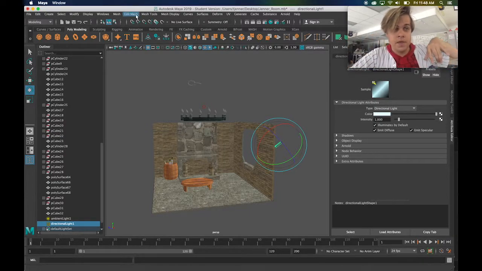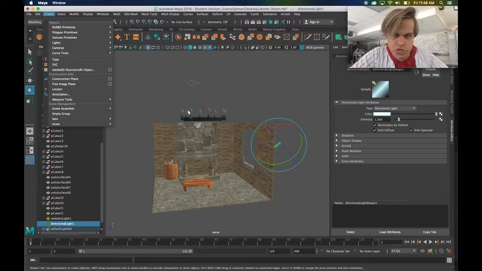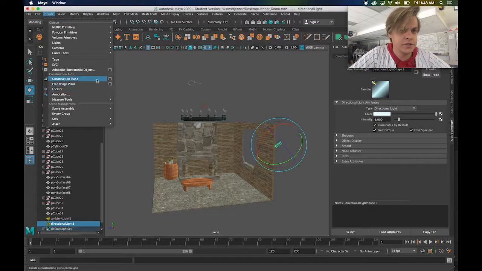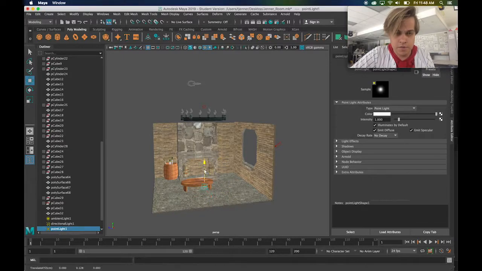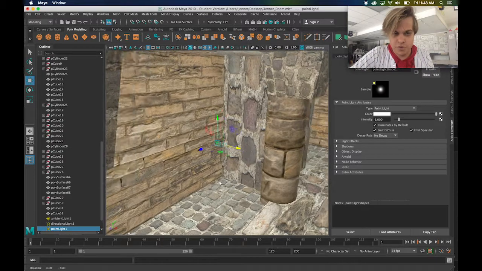If I go to Create, Point Light, a point light is like a light bulb where it just exists on one point. So in my scene right now, I could do the chandelier. That might take a little while. So for the tutorial, I'll say maybe there's a fire in the fireplace. So if I go to Create, Lights, Point Light, again, I'm going to press W to move it around, and you can already see it starting to affect things. I'm going to move it into my fireplace, press F to zoom in on it,